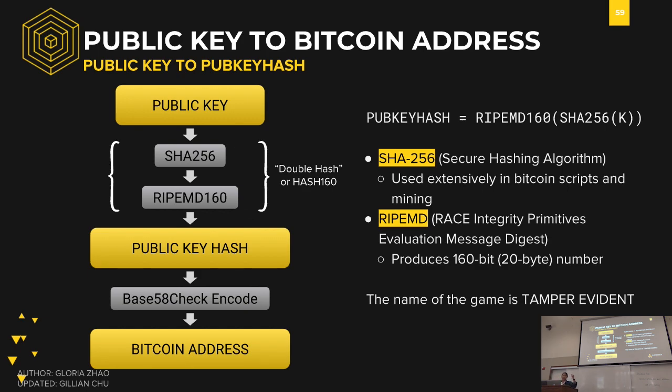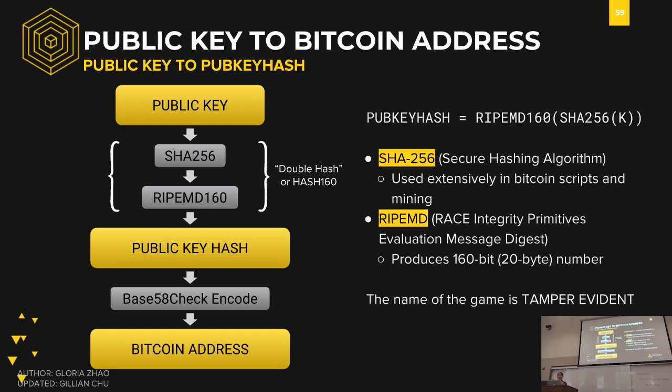Okay, so if we talk about how we go from a public key to a Bitcoin address, this is important just to understand the steps that are involved. If we think about the motivation behind wanting to hash things, you want to protect your public key from exposure. For example, some people have asked, what if quantum computers exist? What happens then? We can potentially use quantum computers to break the public key, but they can't break the public key hash. And because, as Brian was saying earlier, all information is just digital data, zeros and ones,